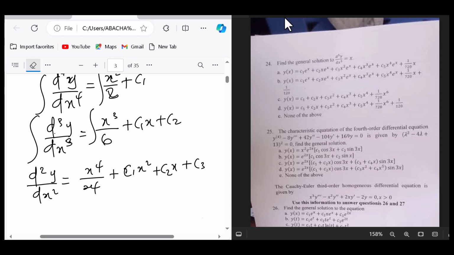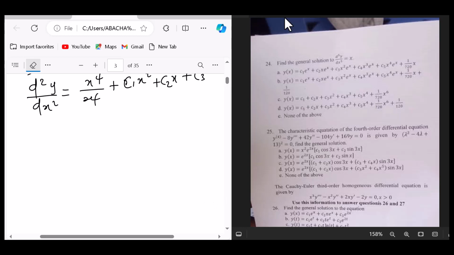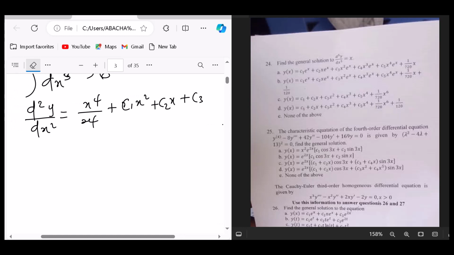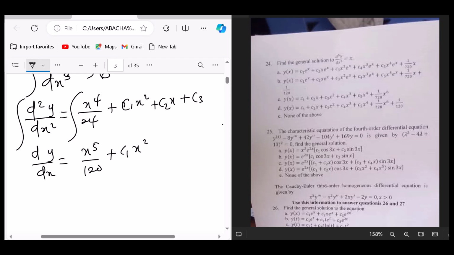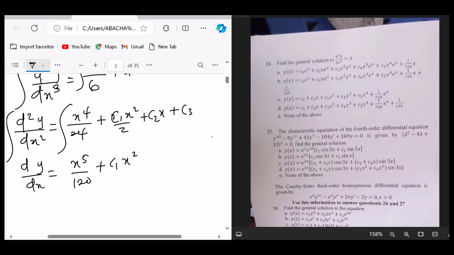Okay, so we integrate again, integrating to have dy/dx equals x to the power 5 over 120 plus c1 x to the power 3 over 6 plus c2 x squared over 2 plus c3 x plus c4,